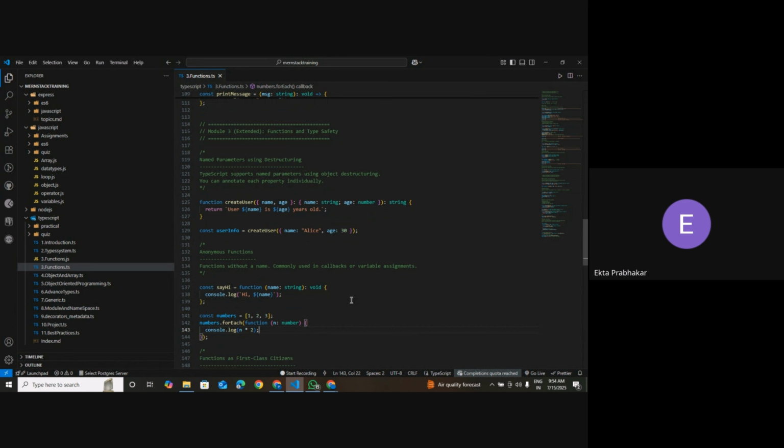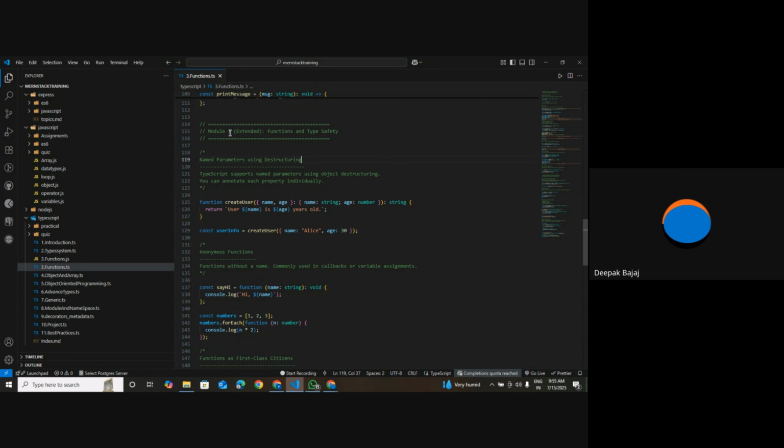Okay, basic arrow function, parameters, no parameters, parameters with their return types, optional return type, default parameters, rest parameters, and optional parameters. Yes, you're right. Okay, so